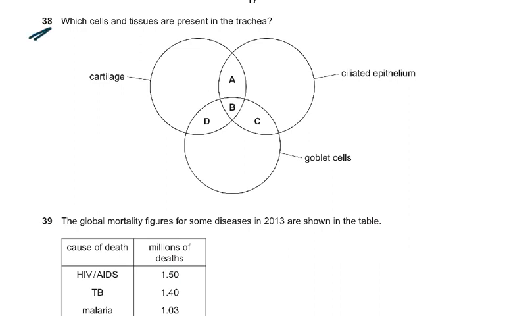Question 38, which cells and tissues are present in the trachea? So there's ciliated epithelium, there's goblet cells, and there's cartilage. All three of these are present in it. So the answer had to be B. Then 39,